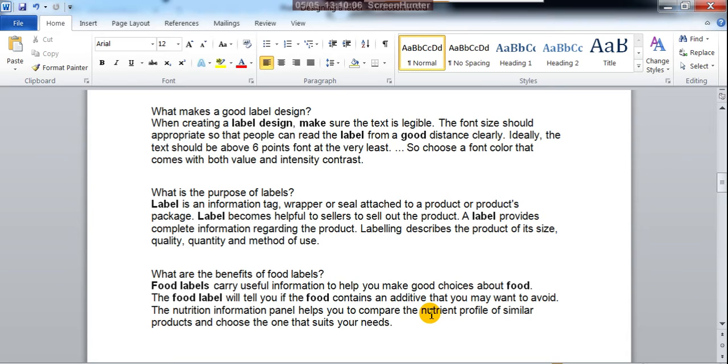The nutrition information panel helps you to compare the nutrient profile of similar products and choose the one that suits your needs. Suppose a competitor offers the same kind of food, you can compare them by seeing this information on a food label.